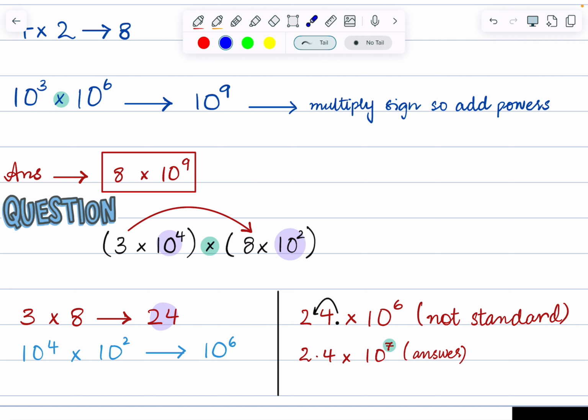10 to the power 6. No, that's the problem. 24 times 10 to the power 6 is not in standard form. नहीं ना. अच्छा देखो, आप move करोगे ना, तो आप अपने डेसिमल को 1 प्लेस पीछे मूव कर रहे हो, एक बड़े नंबर को छोटा नंबर बना रहे हो. सो पावर में 10 की पावर में एक एडिशन हो जाएगी. सो द आंसर शुड बी 2.4 times 10 to the power 7. Got it? Clear?